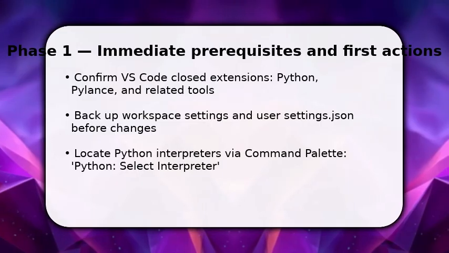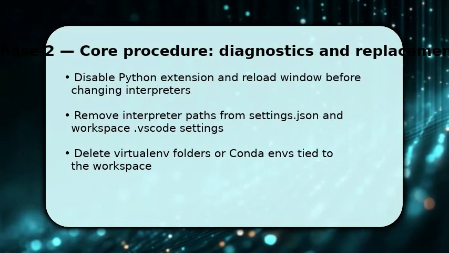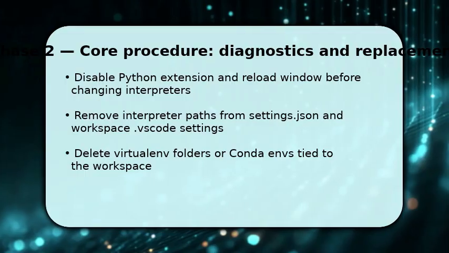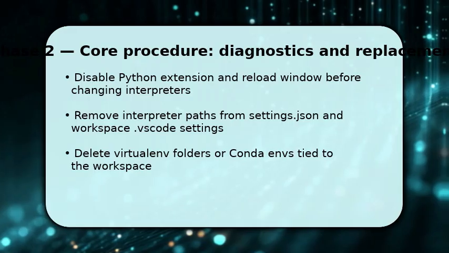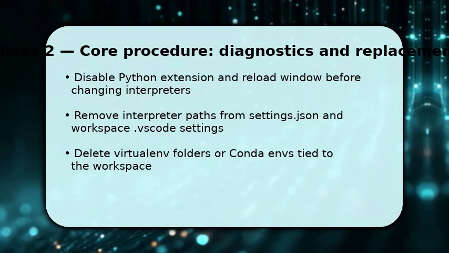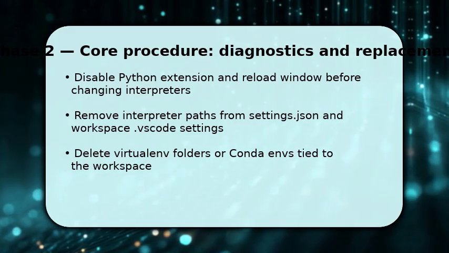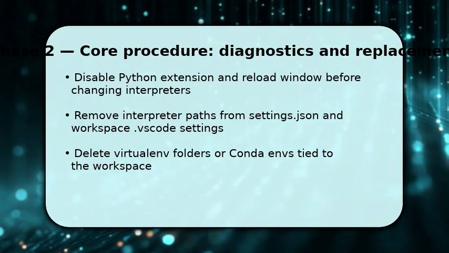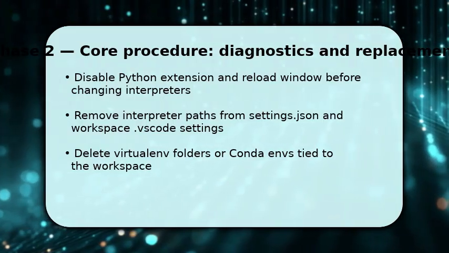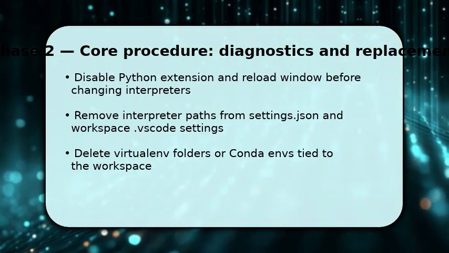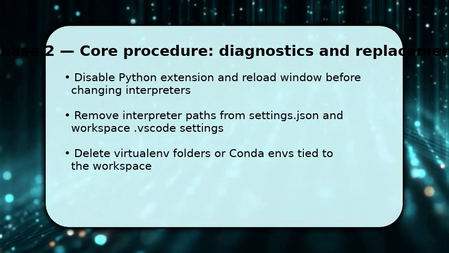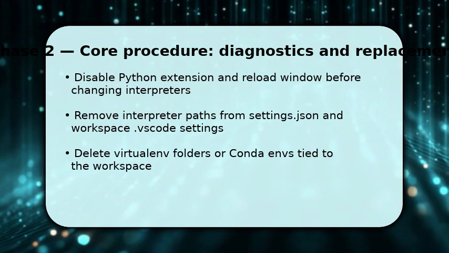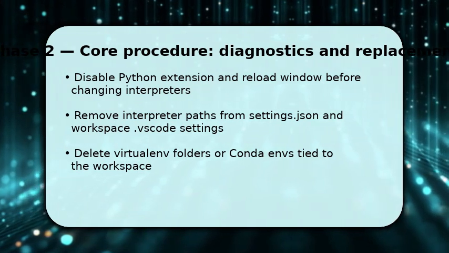You now unregister interpreters in VS Code so the editor stops referencing removed installations. First, disable the Python and Pylance extensions and reload the window to clear caches. Then edit settings.json and workspace .vscode files to remove Python path or interpreter path entries. This prevents automatic detection. After that, delete any virtualenv folders in your project or remove conda environments if they were